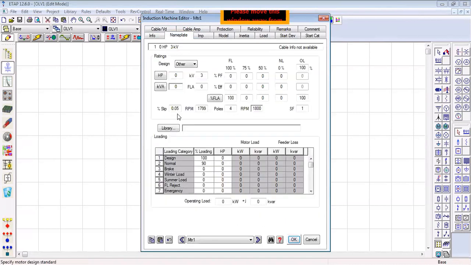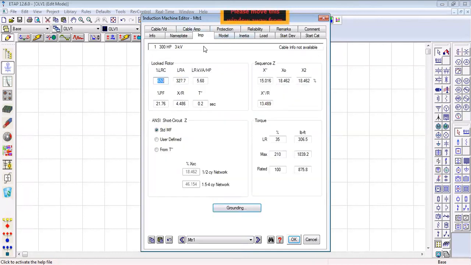Come to the nameplate. So assign here HP. Let's assign here 300 horsepower. And accordingly, the rest of the values will be assigned automatically. And yes, there is 262 kVA and 3 kV. Okay, the power factor is assigned. So the rest of the things are okay.